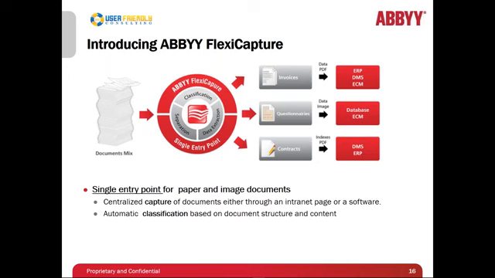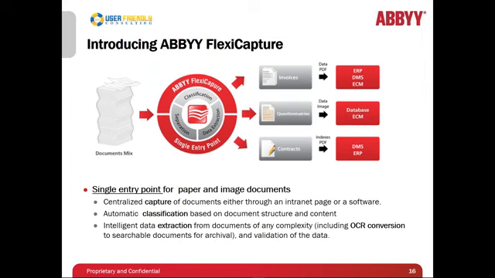Automatic classification: we figure out which document is which and what to extract from each different document. We extract the data, we convert the documents to searchable format, and then we route the documents somewhere. We route a scanned or electronic version of that document for storage, and we extract the data from the document and route that data somewhere, possibly a database, ERP system, product lifecycle management tool, something like that. Could be EDI data as well. That's something that we have done extensive work with over the years.